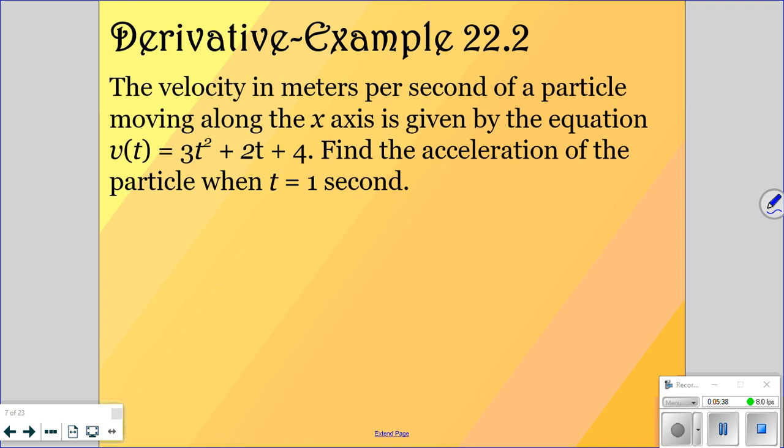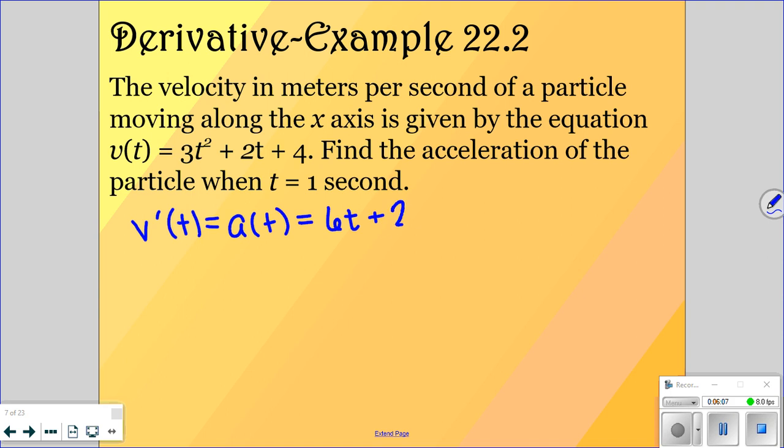They give us the velocity equation, and we want to find the acceleration. So I just told you how they are related, but how are velocity and acceleration related? The derivative of the velocity is your acceleration. So what would be the derivative of 3t squared? It would be 6t. And the derivative of 2t